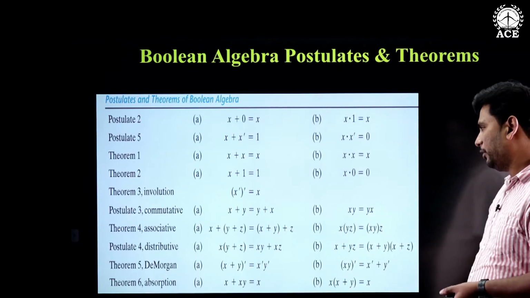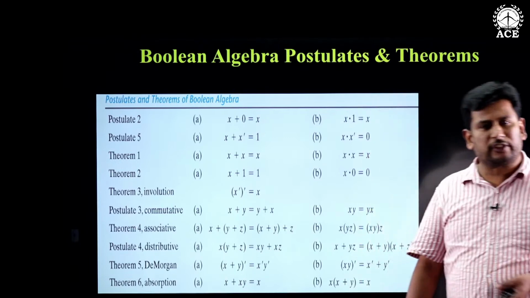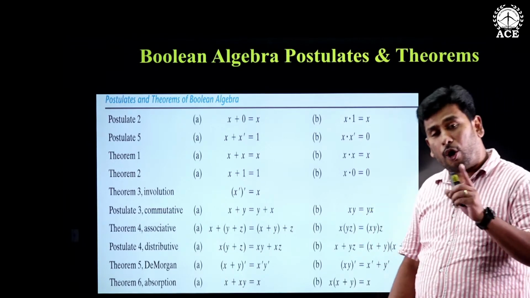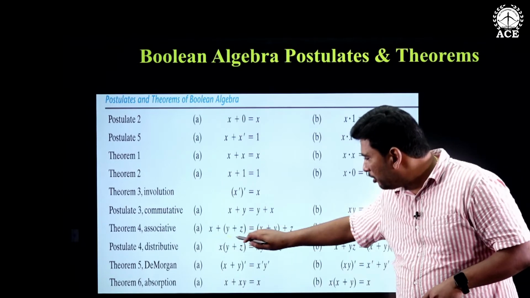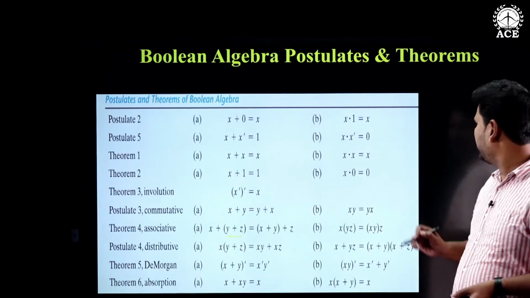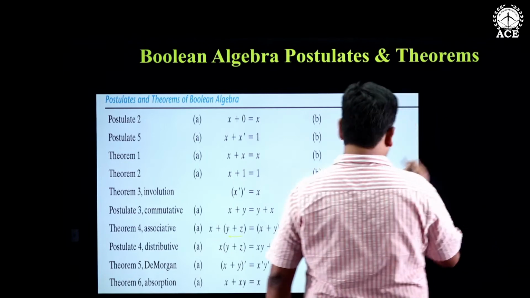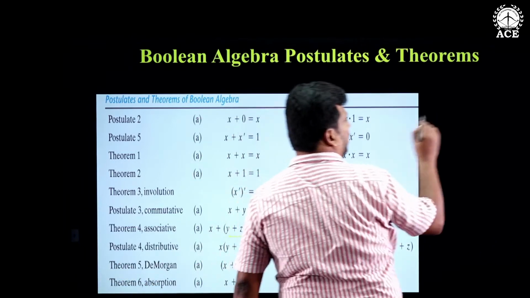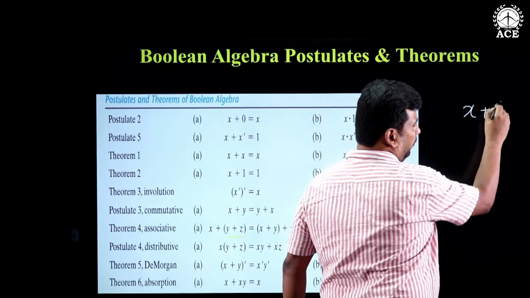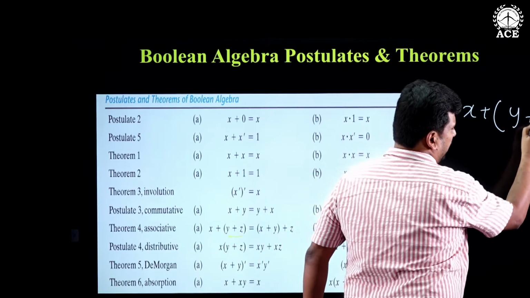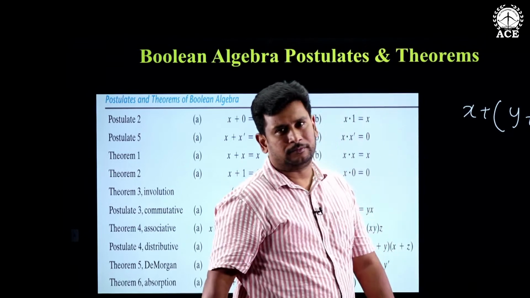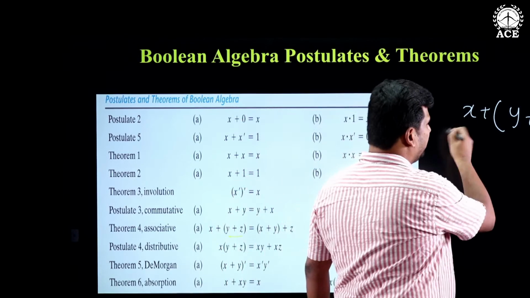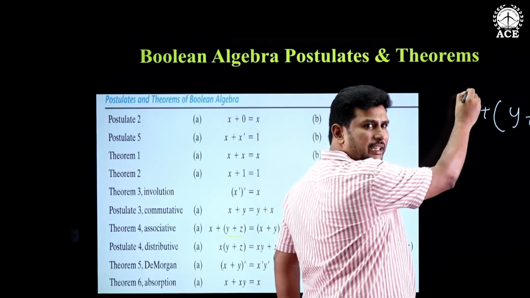Sounds clear? Great. Then the associative law, this is also what we have learned, that is x OR with (y OR with z). What do you mean by this? Sir, you have 3 different variables. What do you mean by x OR with y OR with z? First calculate y OR with z. Whatever the resultant you get, then you OR it with x. For instance, I take